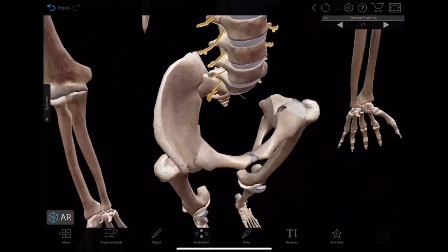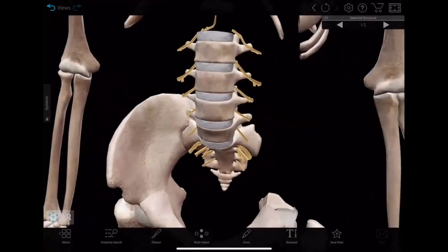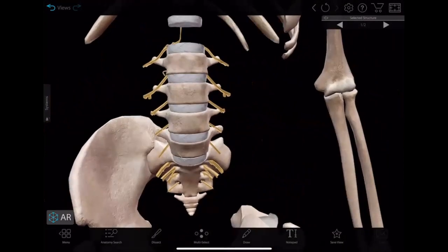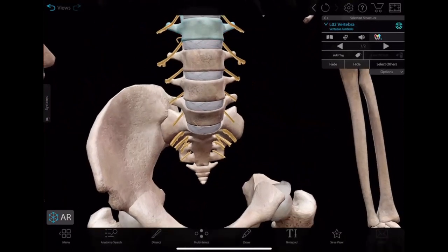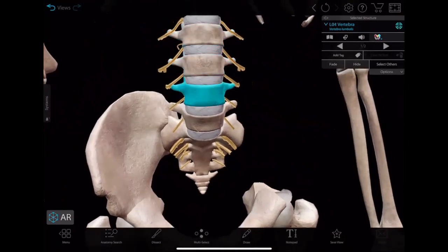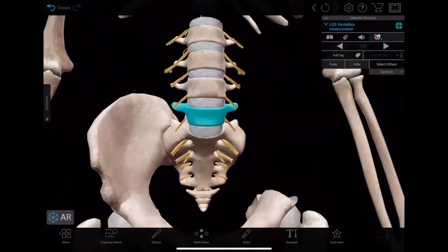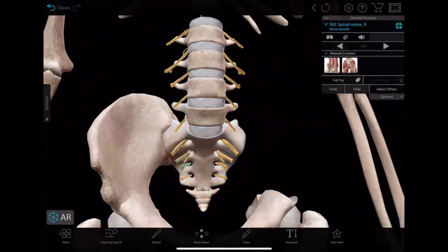I think you are getting it. So these are the lumbar vertebrae. This is L1, L2, L3, L4, L5. These are lumbar, and this is the sacrum. And the nerve roots coming from this form the sacral plexus, right? So the upper part of L4 participates in the lumbar plexus, whereas the lower part participates in the